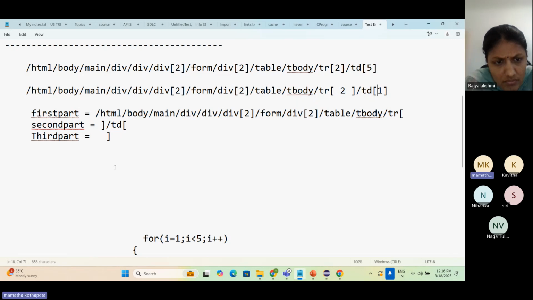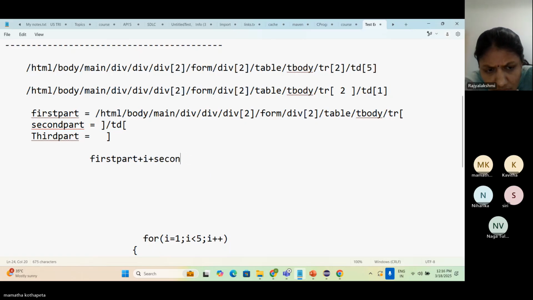Okay. Now how can I do it? How can I pass the value? Now I can write like this, right? First part. Okay. When I prepare the complete XPath, plus if I'm getting a value from a for loop, second part plus J. Now if I'm having 2 for loops, this value is coming from the